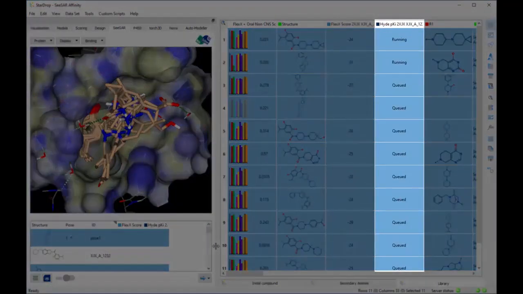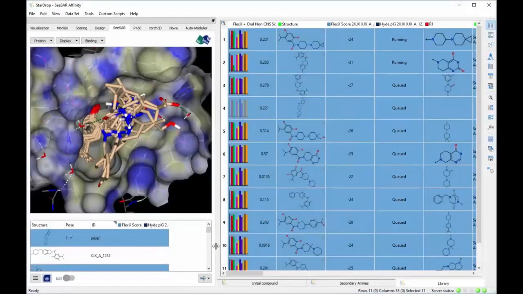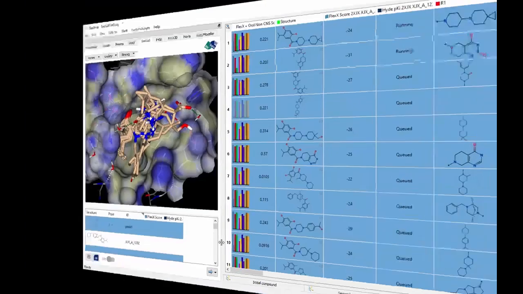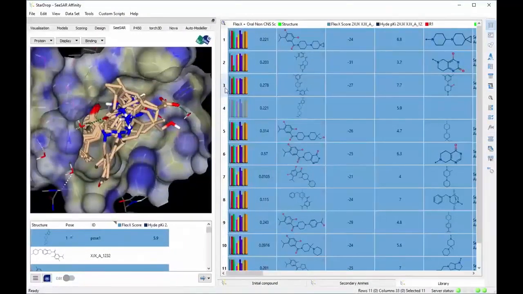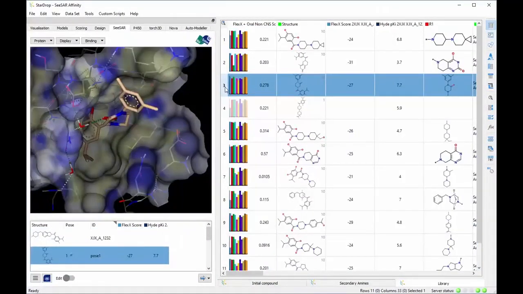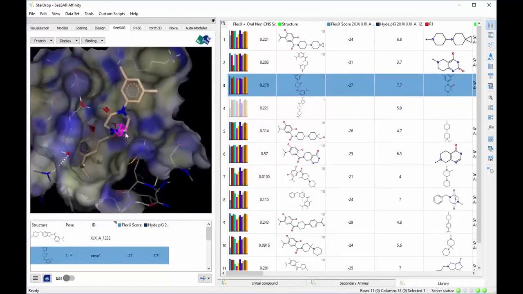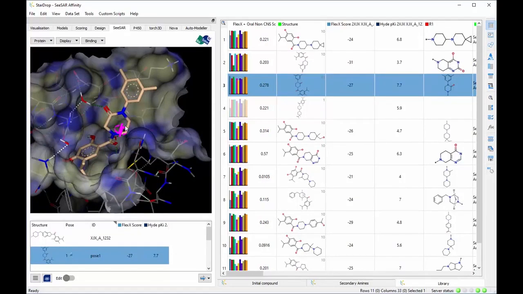You'll see that a new column is added to the dataset in which the binding affinity for the compound, the HYDE score, will be displayed once the calculation has completed. When all the calculations have completed, select the compound in row 3. Selecting any row in the dataset enables you to view that compound and its poses in the 3D viewer. Using the mouse, you can rotate, zoom and pan the view to look at the compound in the binding site. The selected compound has an estimated binding affinity, the pKi, of 7.7, but one of the properties we may wish